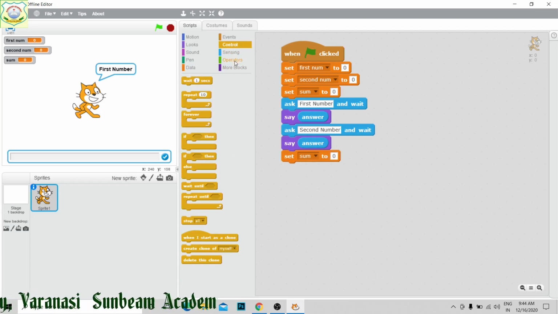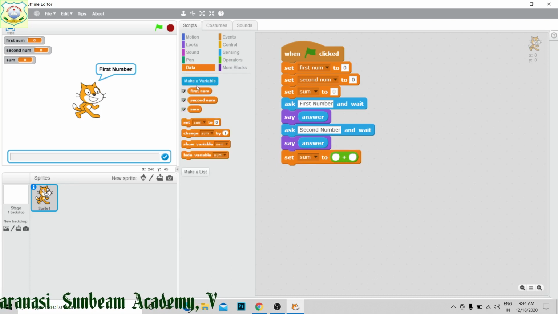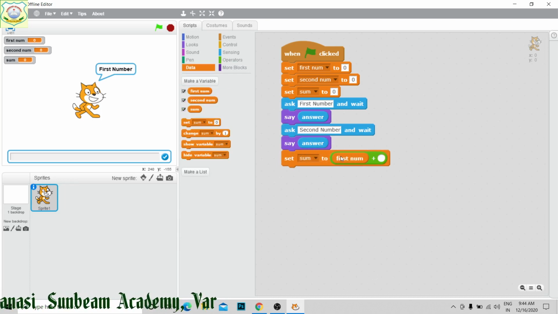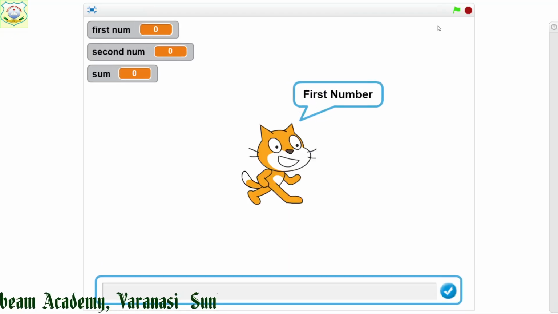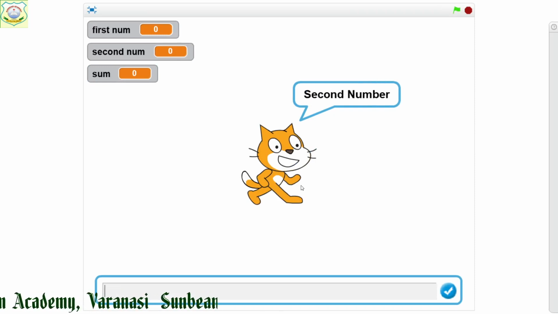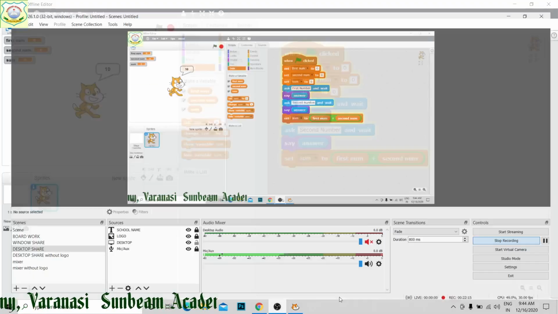control operator, first number plus second number. Now run it. First number I have given 15, press enter, right? Second number 10, no, wait students,